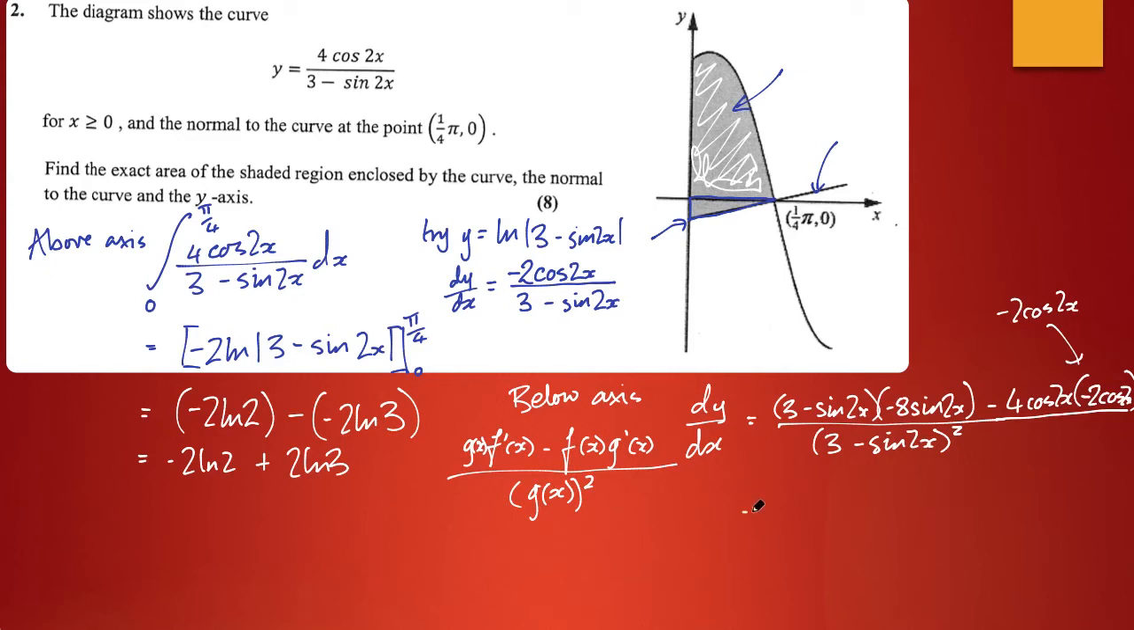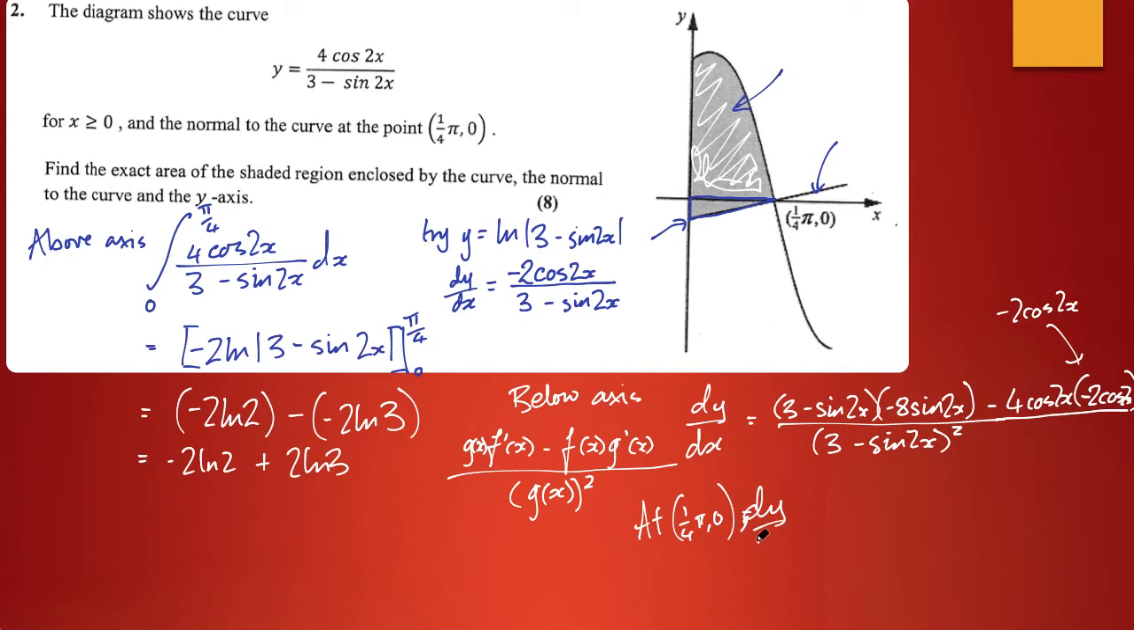So multiplying that out, that gives me, you know what, I'm actually just going to drop in the value. I want to know at this point here, this is where I want to know the gradient of the normal. So I will find the gradient of the tangent first. So at quarter pi, 0,